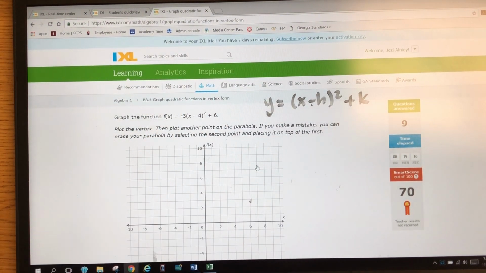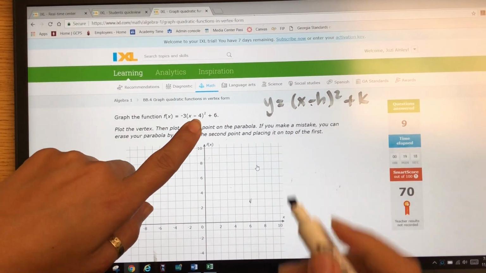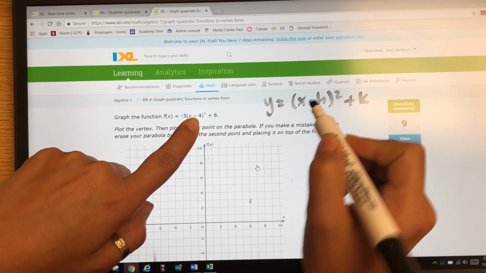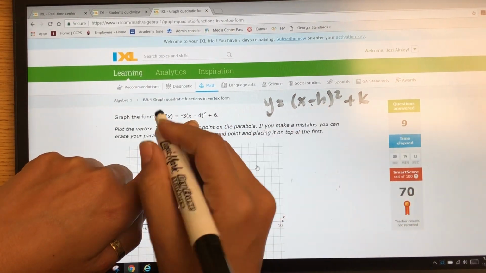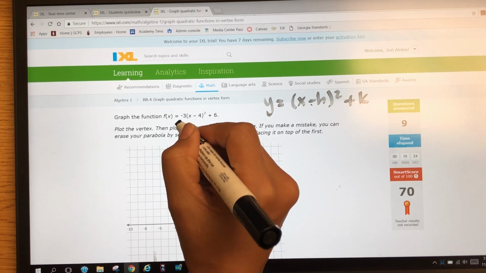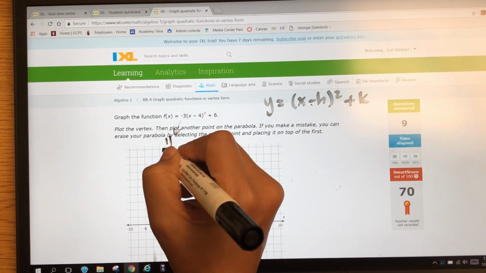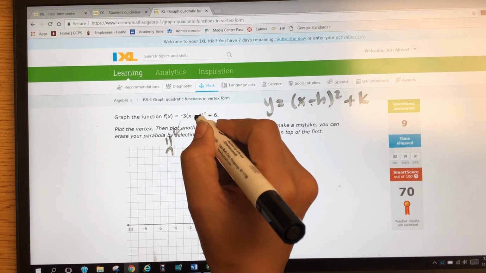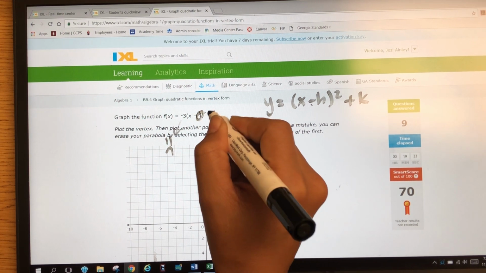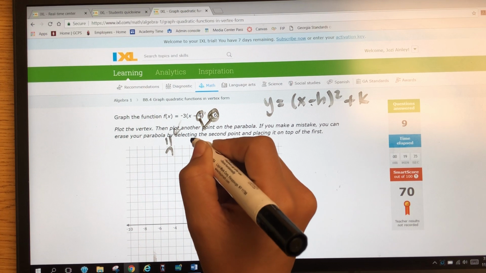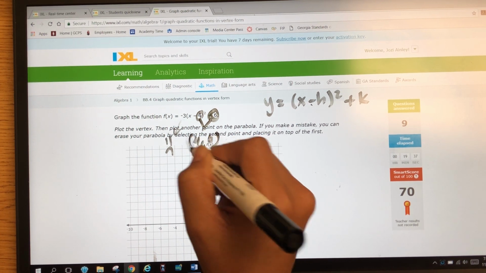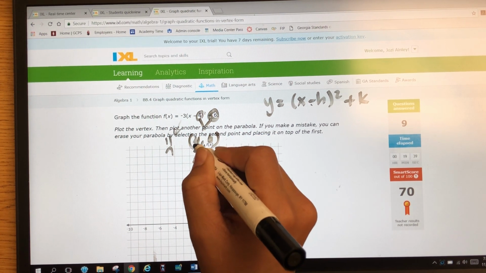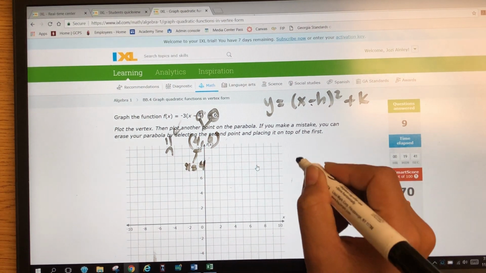Again, now it's cool because now they're already writing it for you in vertex form. You can see the biggest thing to check is that this has to be negative. It's there, so I'm ready to pull out my information. This is a negative, so that's downward. That opens downward because they're not happy. And because it already has a minus, that's my vertex right there. So 4 and 6. My axis of symmetry happens at 4, so x equals 4,